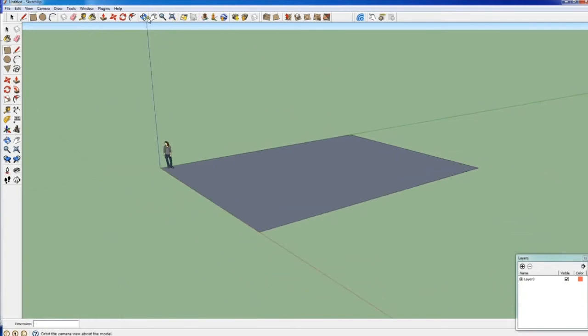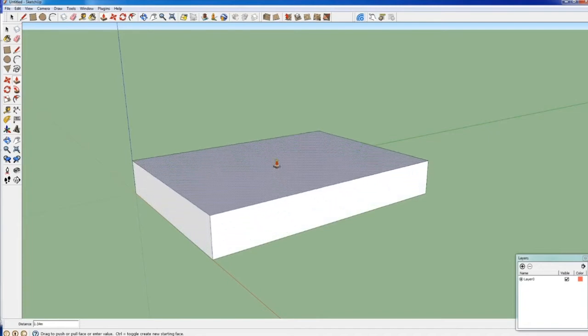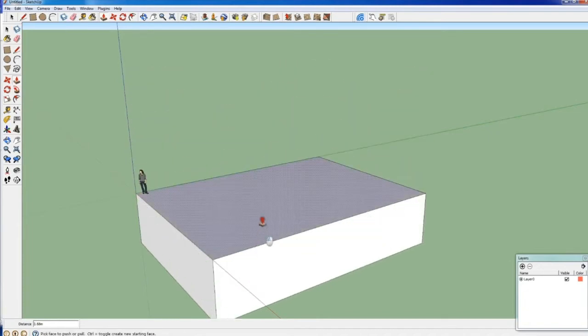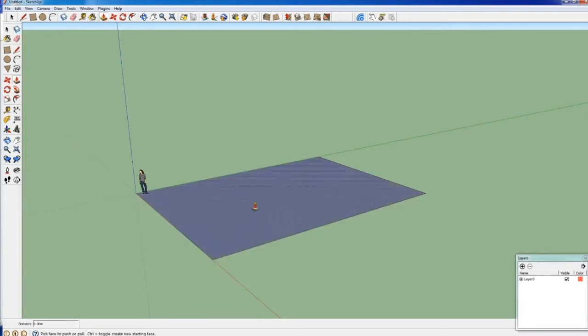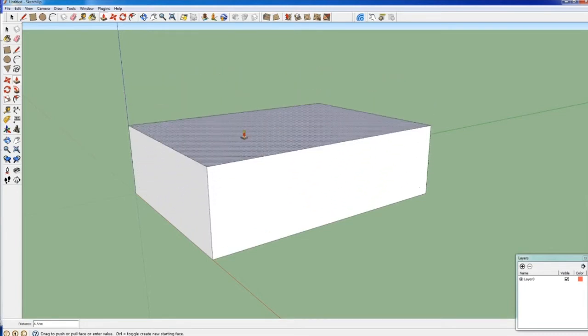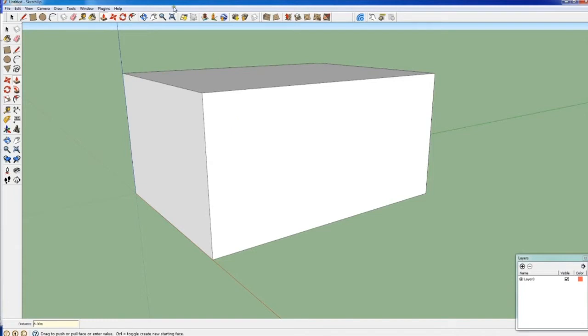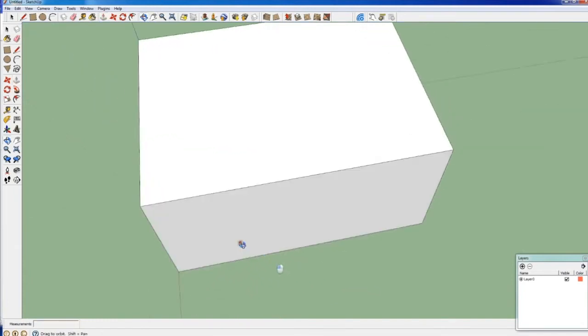So now I can make a box out of this rectangle by using the push-pull tool. The shortcut is the P key on the keyboard, and I just go on the rectangle and I click and pull away to the desired direction. Oops, one more time. And then again, before clicking and finishing the box, I release the mouse and type 8m, 8 meters high, enter, so I have specified completely my box.